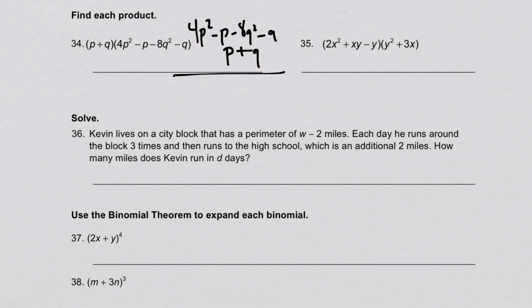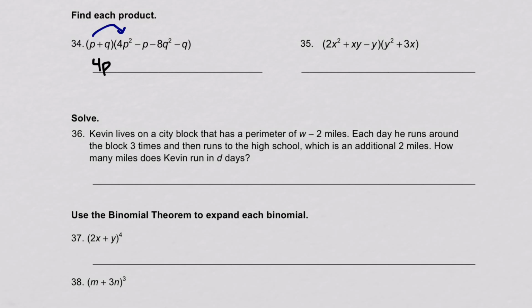Okay, whichever method you choose, you should end up with the same answer. I'm going to go ahead and just do the distribution method because it's the method that most students use. However, you can use any of the other methods that you want. Okay, so here we go. Distributing simply means that I'm going to take p right here and multiply it times all of the terms in the other polynomial. Okay, so p times 4p squared will give me